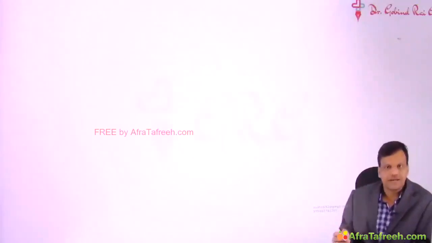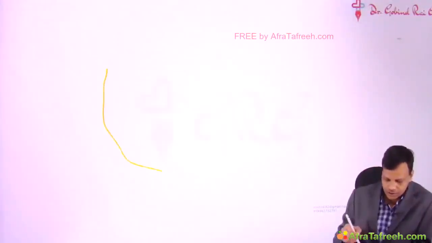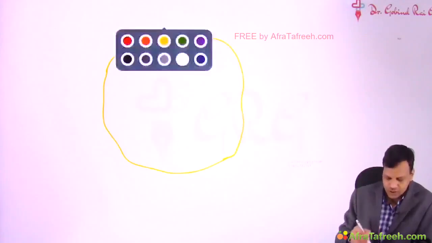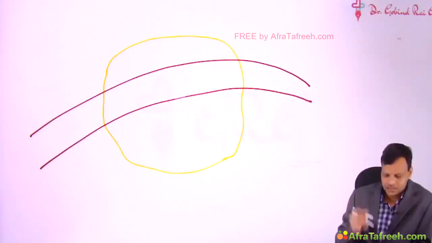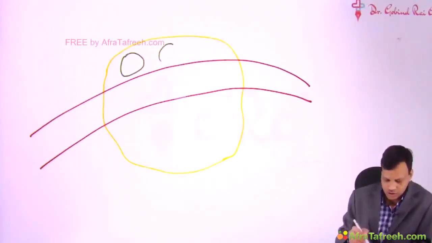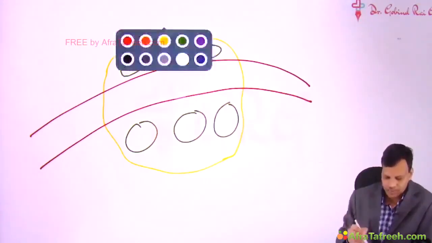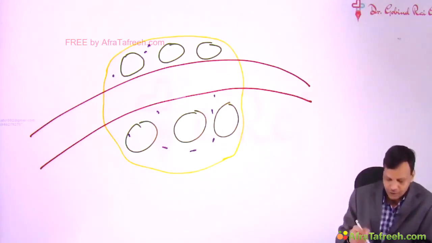The major use of mannitol we all know is cerebral edema. So how mannitol is beneficial in cerebral edema we will like to discuss. So this is our brain. This is a blood vessel which is going in the brain. In cerebral edema, there is plenty of water in the neurons. So these neurons are loaded with water. Plenty of water is present in cerebral edema. So when we give mannitol intravenously,